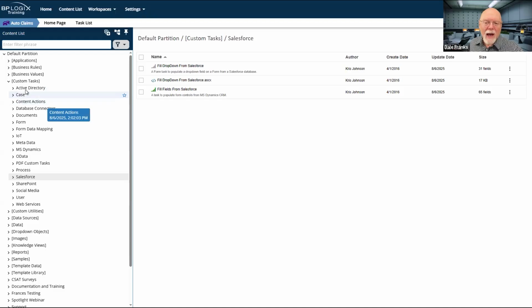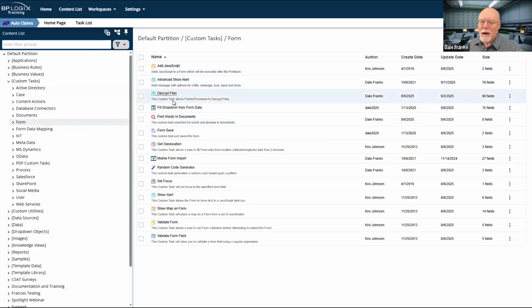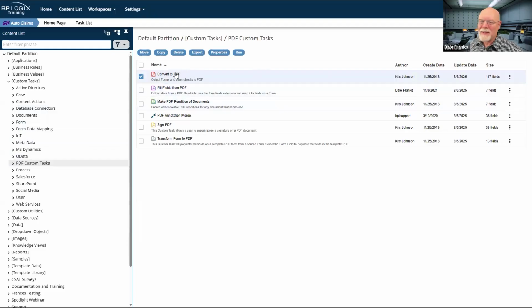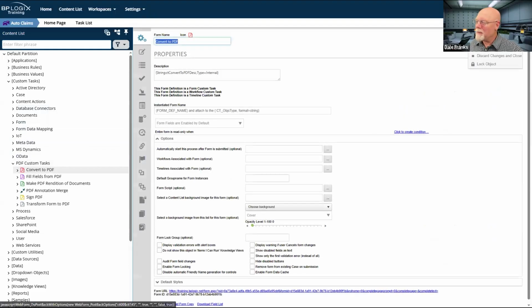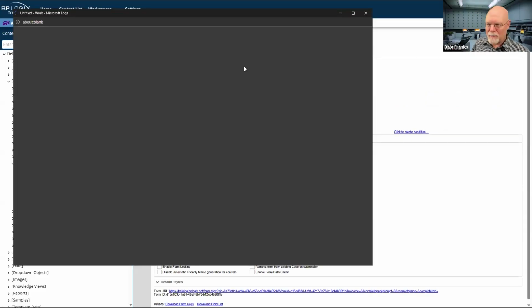Each custom task has a version number that is separate from Process Director. So let's look at, there's a form custom task. I was going to try to look at a more recent one, but I guess it doesn't really matter. Let's just go back to PDF since I've already opened it and I know that it's compiled and we can see it and we can preview it again. Let's go to the convert PDF custom task once again. Let's preview its custom configuration. And well, no, it wasn't this custom task.